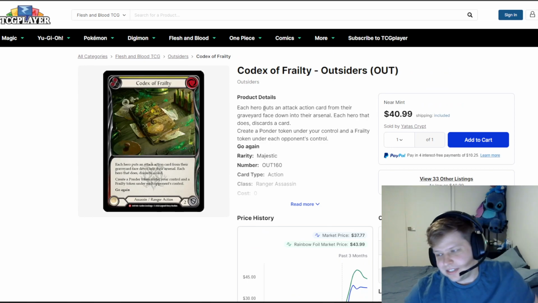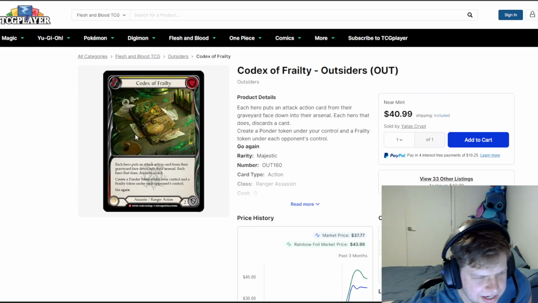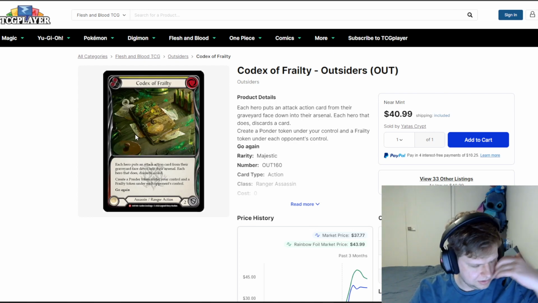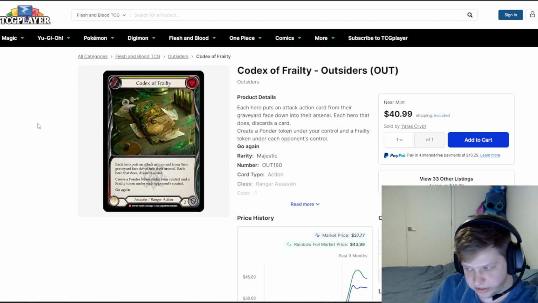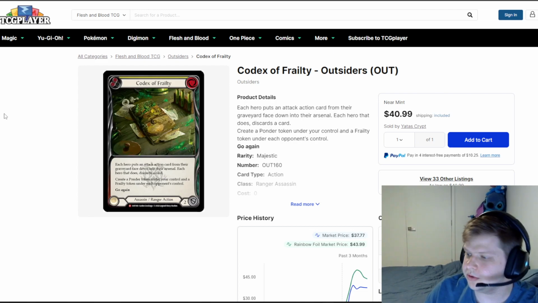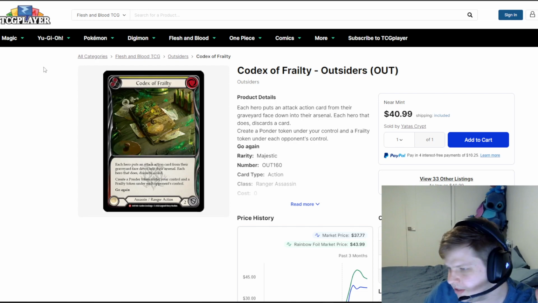Codex of Frailty is at $41. I think this is a little bit high compared to what it was a week or two ago. I think it's gone up by a couple dollars, if anything. But I want to talk about this because if you think this price tag is high now, wait until it wins Pro Tour. If a deck playing Codex of Frailty wins Pro Tour, this is going to be a $60